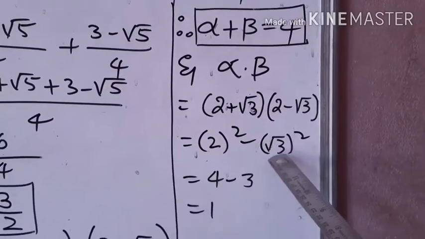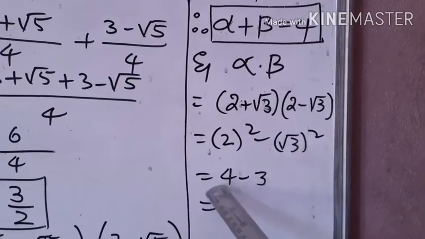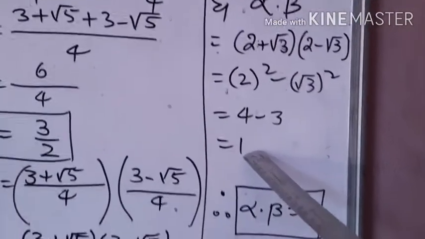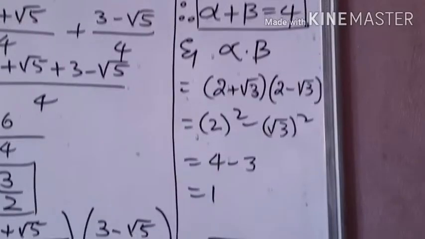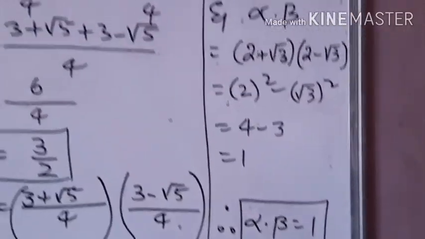2 squared is 4 and root 3 squared is 3. That's why 4 minus 3 is equal to 1. So, alpha into beta is equal to 1. Now, let us substitute alpha plus beta is equal to 4 and alpha into beta is equal to 1,